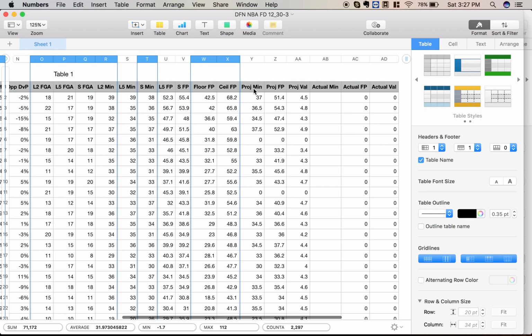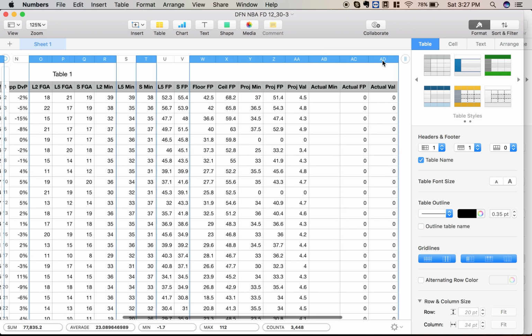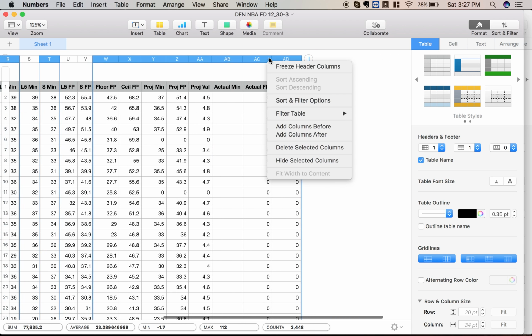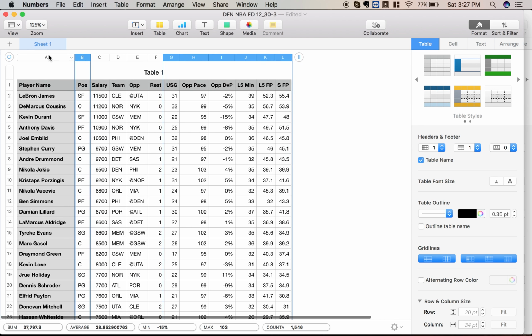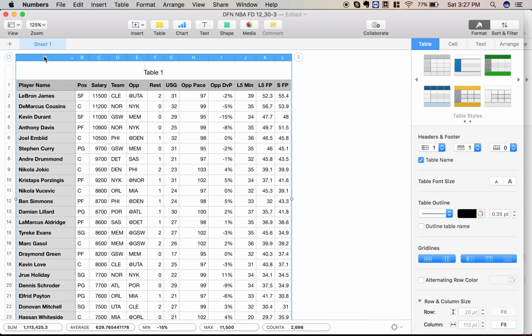I do use projected minutes and fantasy points, but only when the player is coming back from injury. I'll use that, or if there's a player that's going to get more minutes based on an injury, I'll use that. But most of the time, I just use their last 5 games, so I delete all that stuff as well. Once I've done that, delete the columns I'm not going to use, and then I highlight the whole thing, copy it,